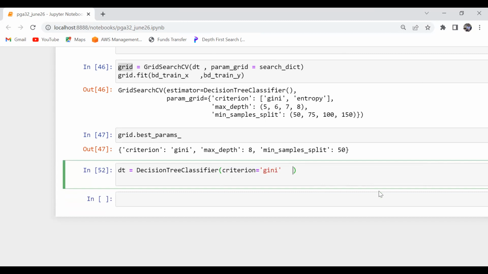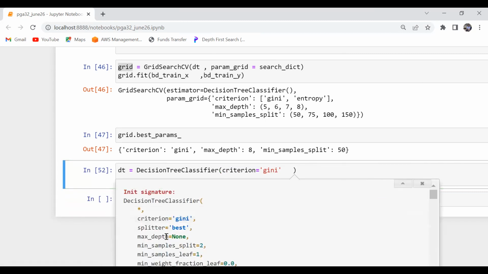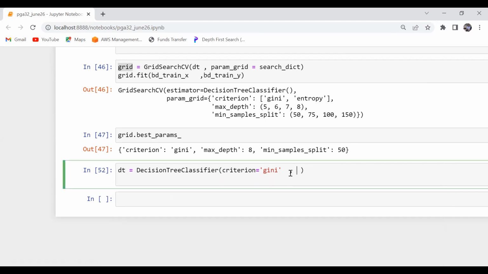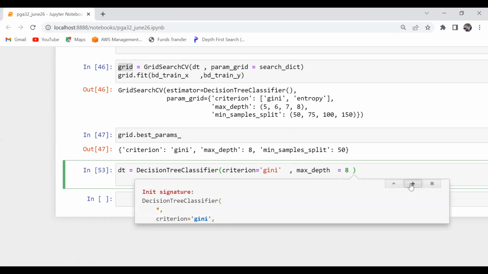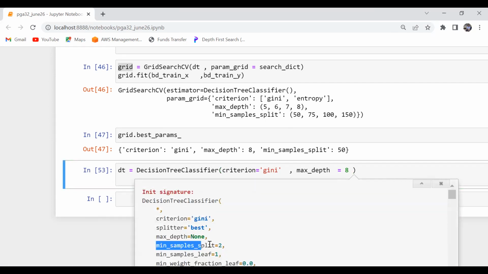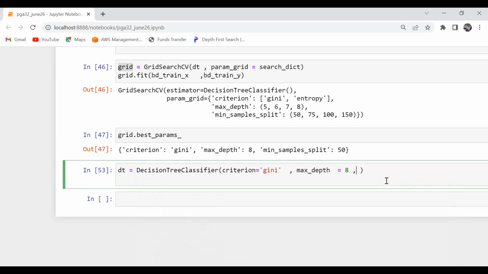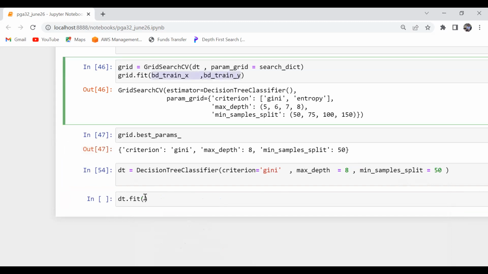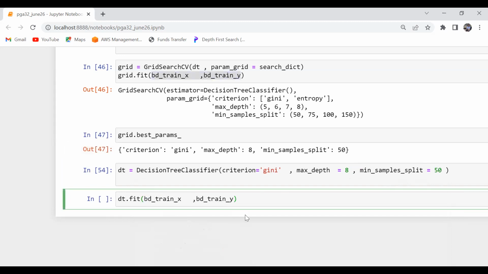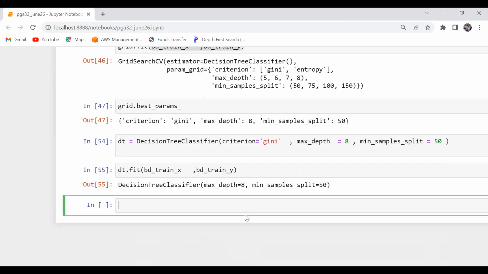Criteria equal to Gini, and then I can say comma max depth equal to 8, ये भी सही जाएगा. And then I can say minimum sample split equal to 50, ठीक है. And then I say dt dot fit and I pass my this thing, and I run it, ठीक है. So once you know the best combination, you can build your tree with the best combinations, ठीक है. So if you want, you can do this thing,